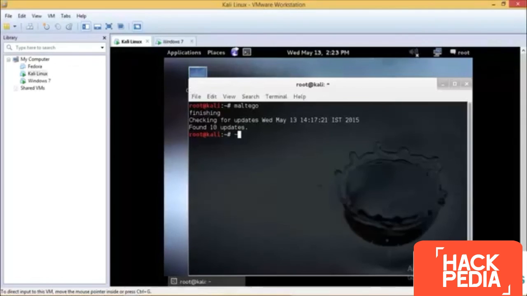So this would be it for this tutorial. In the next tutorial, I'll be showing you all these things which I taught you yesterday and the day before yesterday. I'll be putting that inside Kali Linux, and I'll be teaching you how we can go ahead and use that. So that's it for this tutorial. Let's take a look at the next tutorial now.